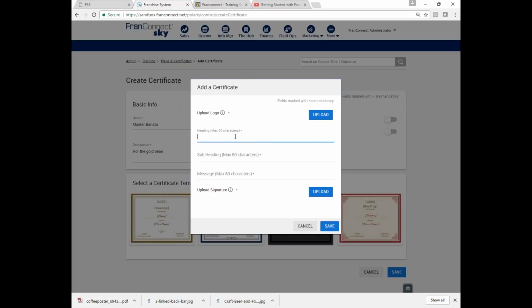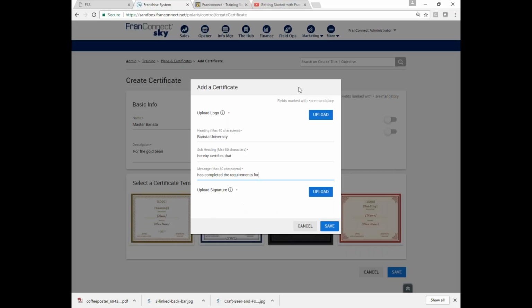And the heading will be... I remember name will go, so here's my heading, Barista University hereby certifies that, name, and then you can say has completed the requirement, or, and then the plan name. So you want to name your plan appropriately, Master Barista, right here.